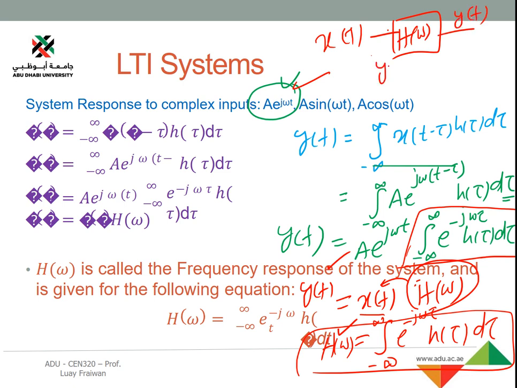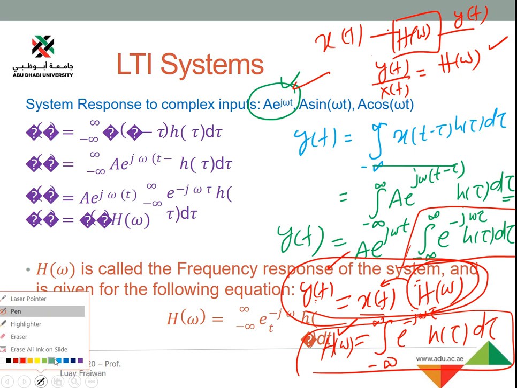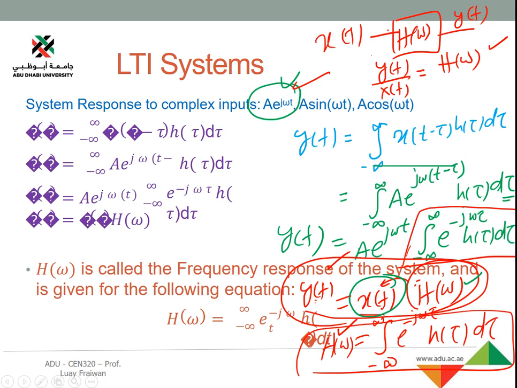The transfer function is the ratio of the output over the input. So from this equation, if you take the ratio of the output over the input, you will get the frequency response, or transfer function, of the system. So the idea is, if you have any kind of impulse response, just calculate its frequency response. Then whatever input you are having, impulse, unit step, complex, sine, cosine, triangular, whatever, just multiply that with the frequency response and you will get your output. So these are the properties for complex inputs.